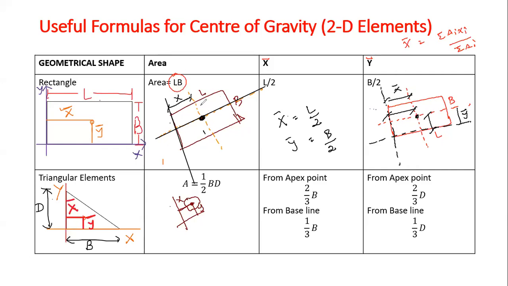So I hope it is clear to all of you. In this case, I am not able to calculate y distance. That's the reason y bar equal to or y equal to 0 and x equals to L by 2. Now this concept will remain for x bar also. रट्टा मत मार देना. ठीक है, ब्लाइंडली ये इक्वेशन को फॉलो मत करना. कंसेप्ट फॉलो करना सेंटर ऑफ ग्रेविटी. ठीक है. So I hope it is clear to all of you. Now